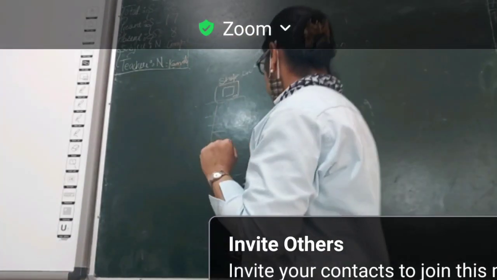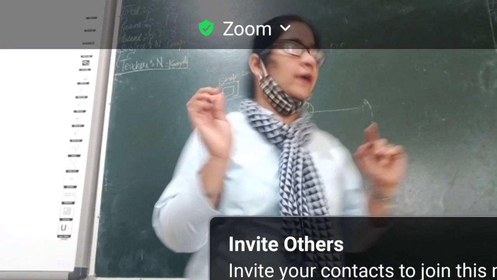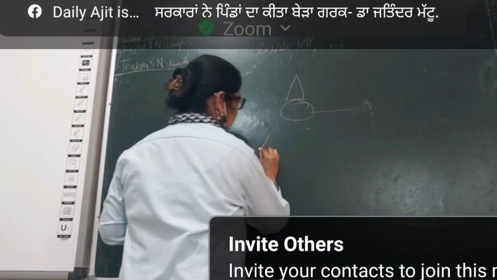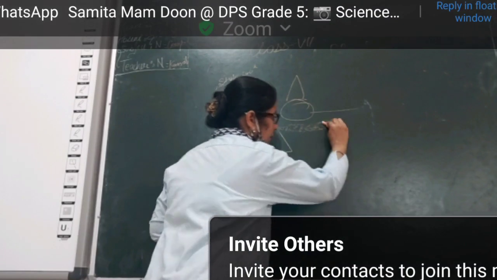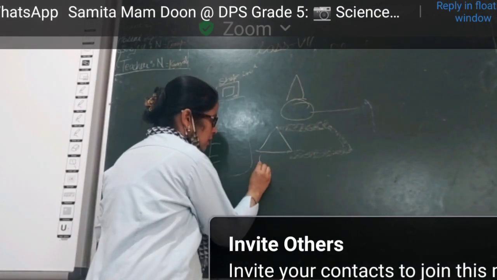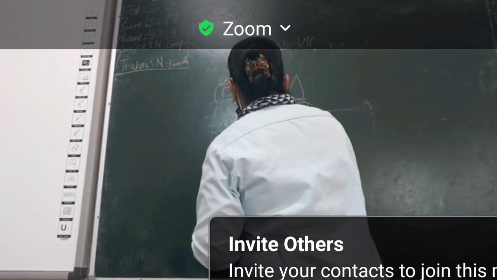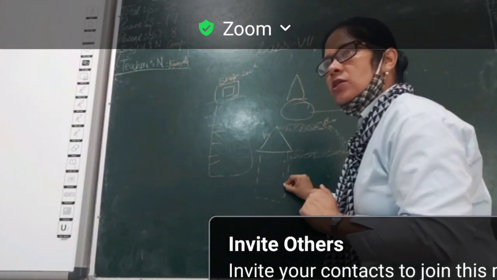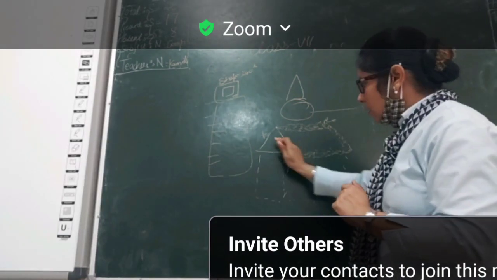Now properties. I want to make a hut. Fine. So this I make with the help of the triangle tool. Then broaden, I have gone for this. Then this part. And this is of black color, this is of red color, this is dotted, this is more dots. So what are these?